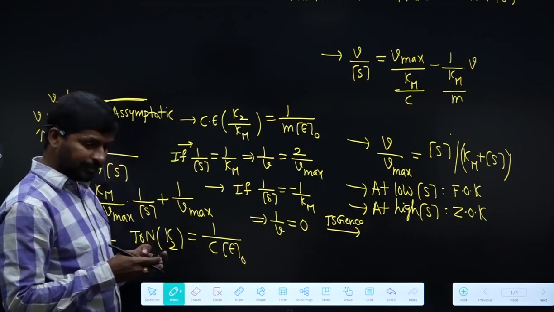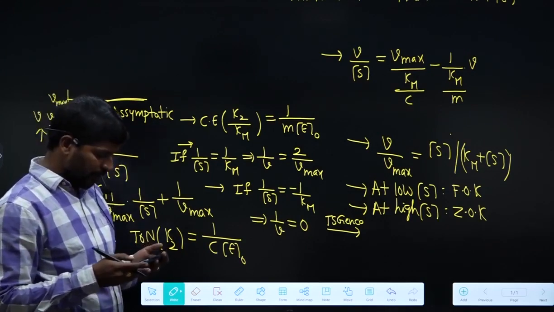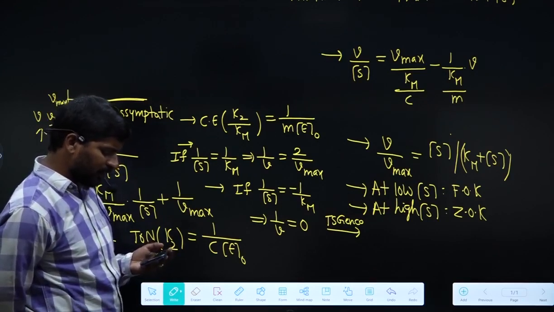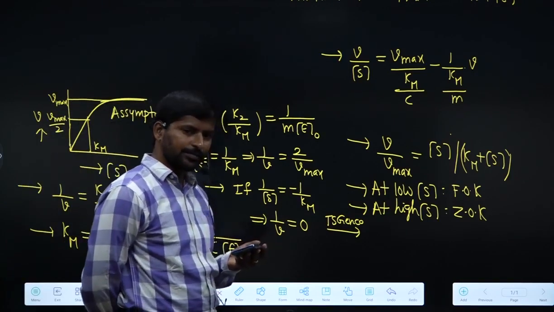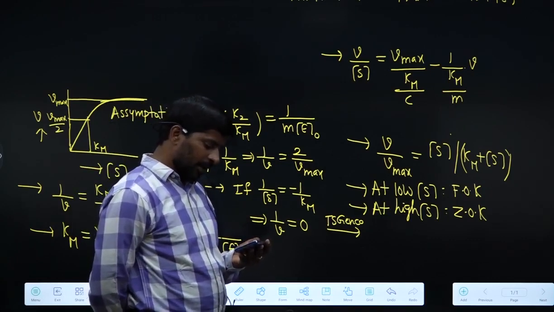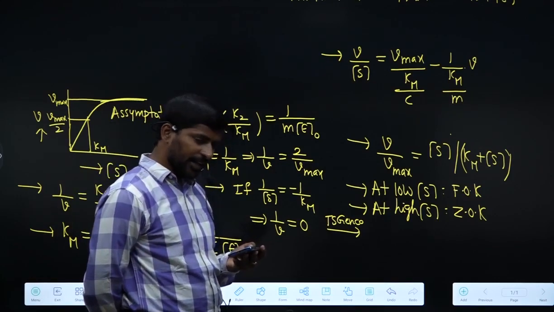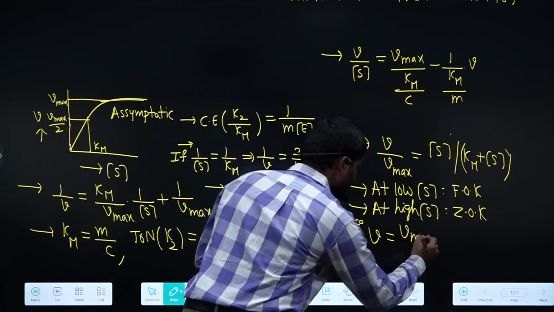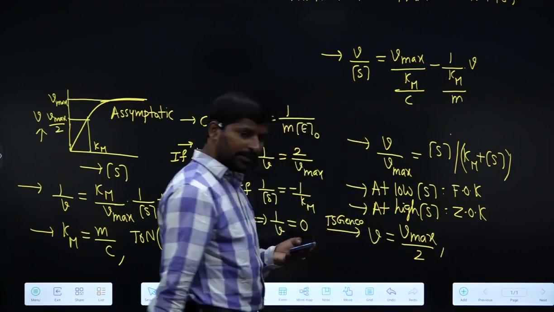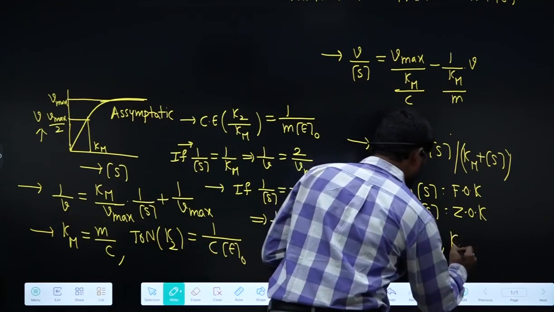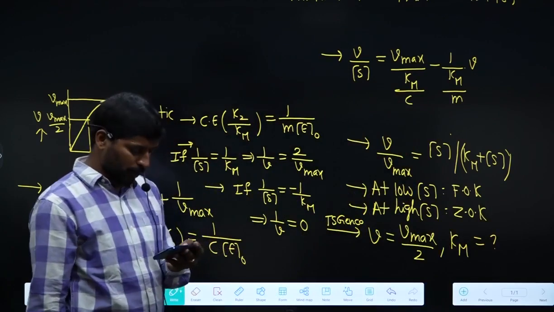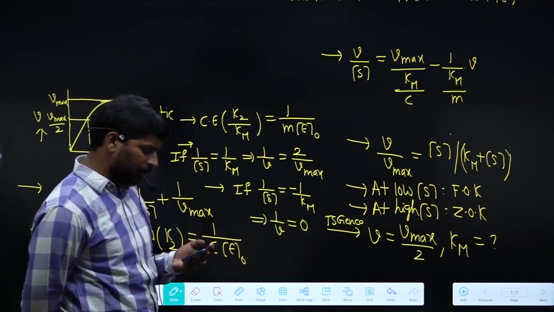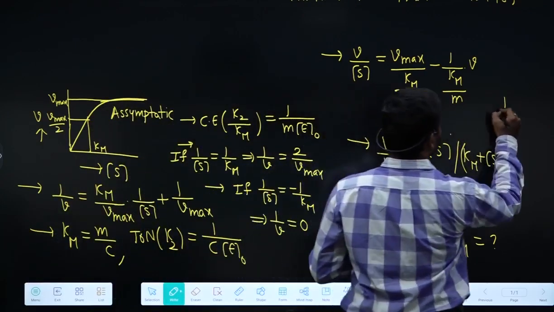In an enzyme catalyzed reaction, under high substrate concentration, and when the rate of formation of product is of the maximum rate, Michaelis-Menten constant is equal to, options: